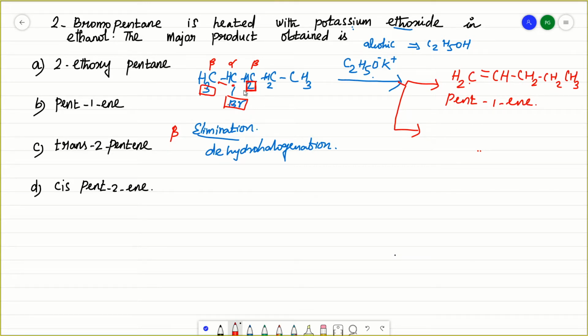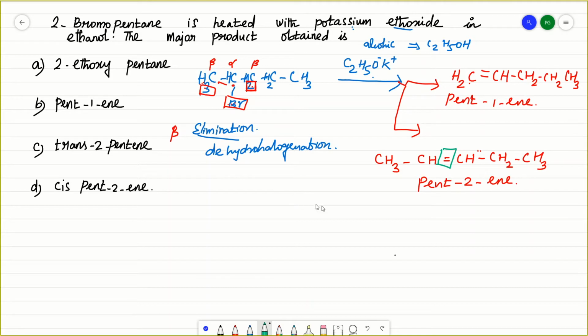Again, if you are removing H from the other side, what will you get? CH3. You are removing H from here, so this H is not removed. CH3, CH double bond CH, then single bond CH2 and CH3. So you will be getting pent-2-ene. Because of the presence of the double bond, we can write cis and